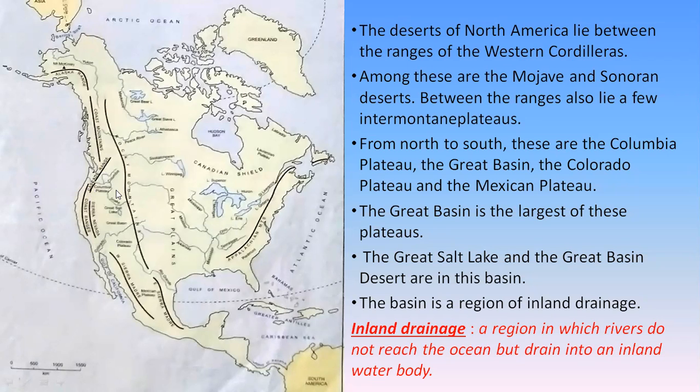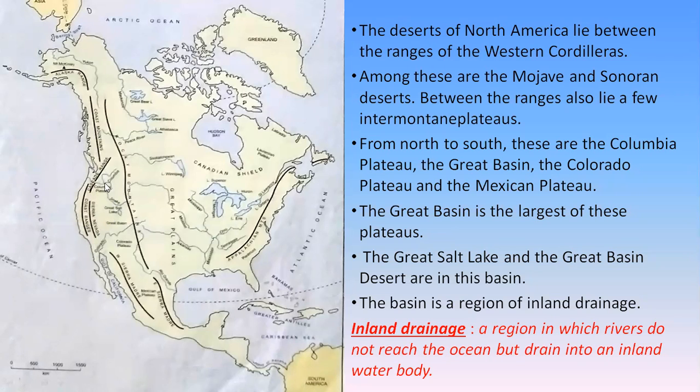Between the ranges also lie a few intermountain plateaus. Intermountain plateaus means the plateaus which are between the mountains. If you find a plateau there, then that plateau is called an intermountain plateau. For example, here you can find